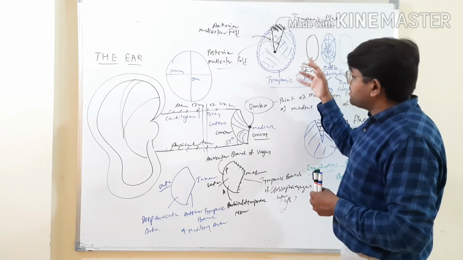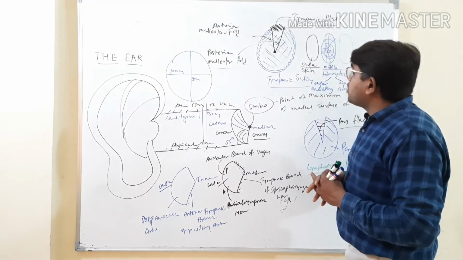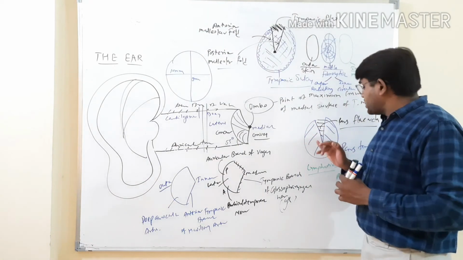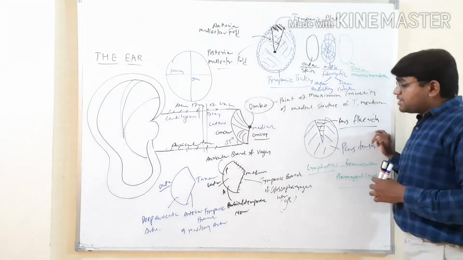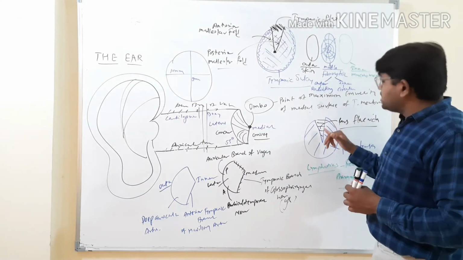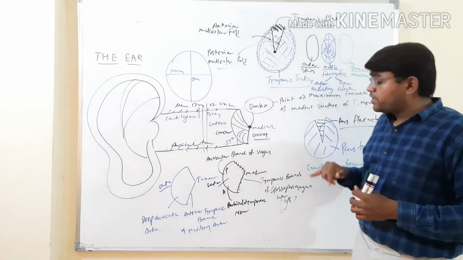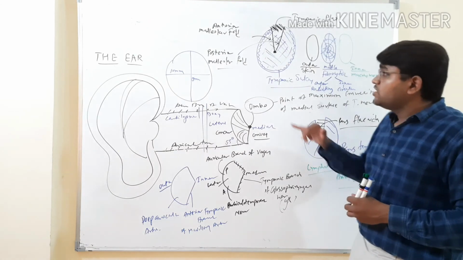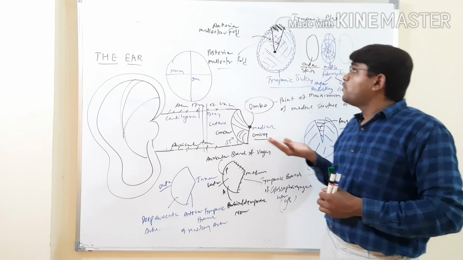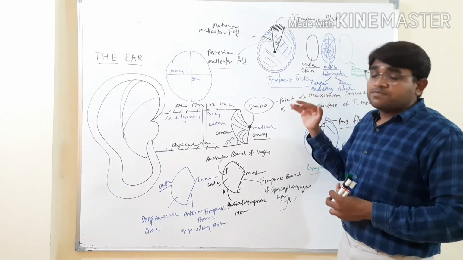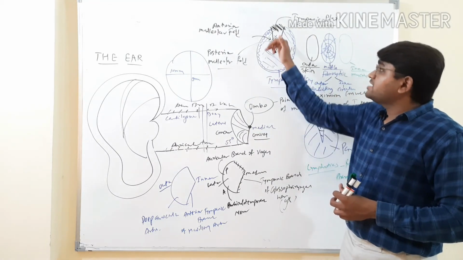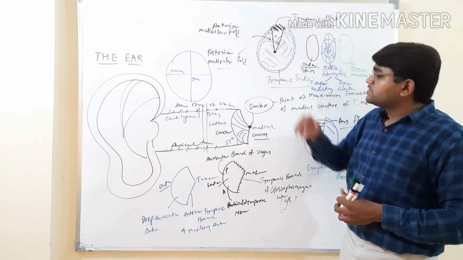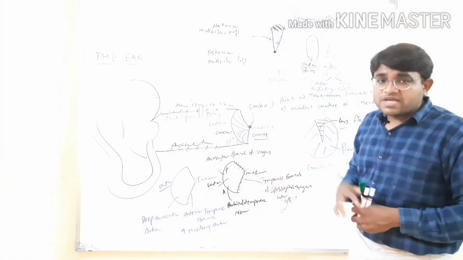Most of the tympanic membrane always remains tense, and this area is known as the pars tensa. But the part in between the two malleolar folds remains flaccid, and that's why it is known as the pars flaccida. First of all, what is the malleolar fold? Malleolar folds are fibrous bands arising from the ends of the tympanic plate and converging toward the central part of the tympanic membrane.